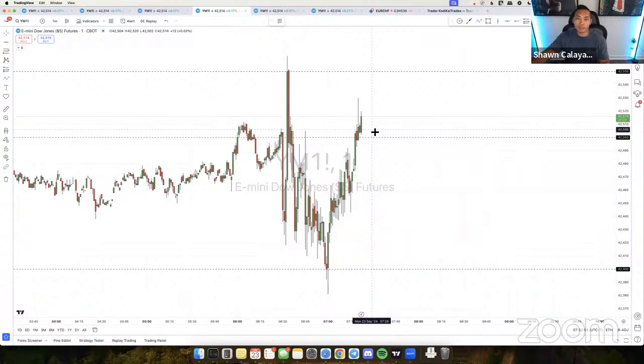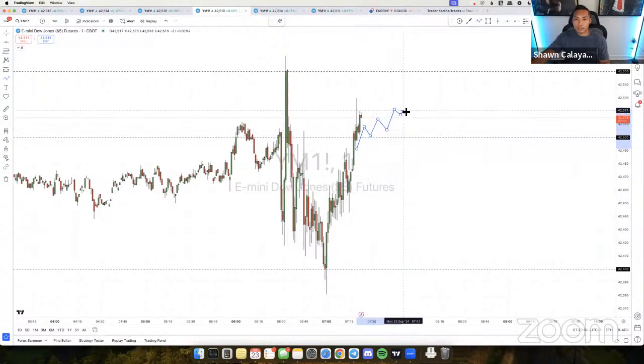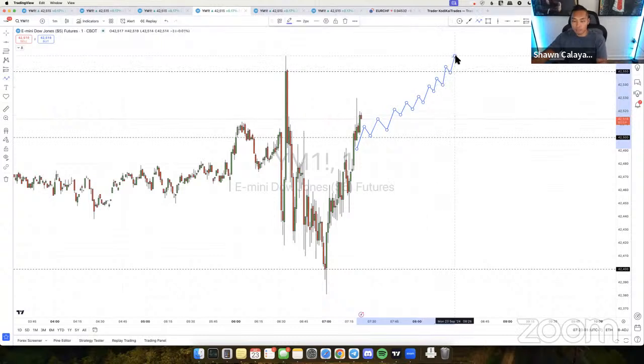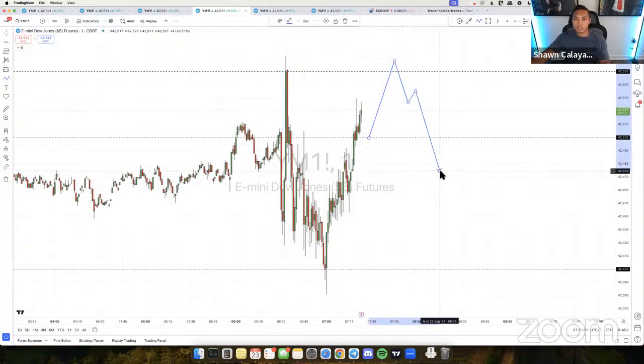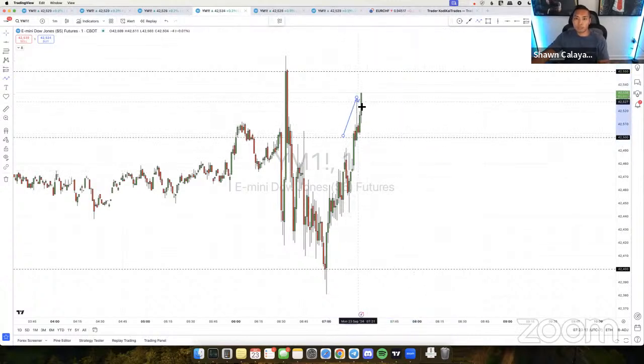Depending on how the volatility is, see right here, Stanley, how this is moving slow. If it continues to move slow like that, I think the all-time high will just keep getting pushed higher and higher and higher. The only time I would be careful, like you said, if you're expecting a big drop, is if you see a huge spike. If you see a big spike up, then okay, I'm going to expect a big drop. But if you get this slow snail movement where it slowly goes up, I don't think it's going to be a problem.